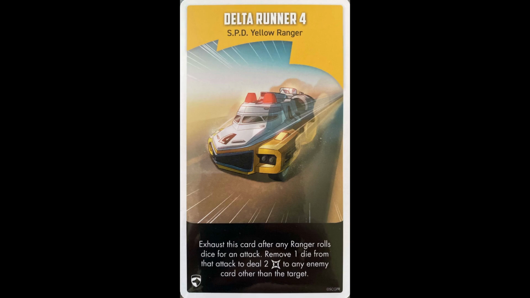Z-Zord is the Delta Runner 4. Its ability says exhaust this card after any ranger rolls dice for an attack. Remove 1 die from that attack to deal 2 damage to any enemy card other than the target. This is actually a very powerful Zord. It was the second one that I drew for the S.P.D team, and I used it a lot during my